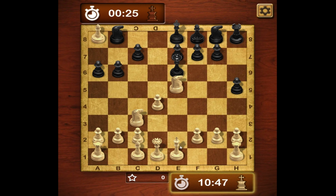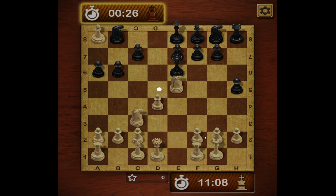Reviewing the situation, I think what I'll do is I will protect my king. And this is known as castling. It's where we exchange the position of the king with the rook. And I'll show you how it works. So we click on this second space here, and you'll see that the